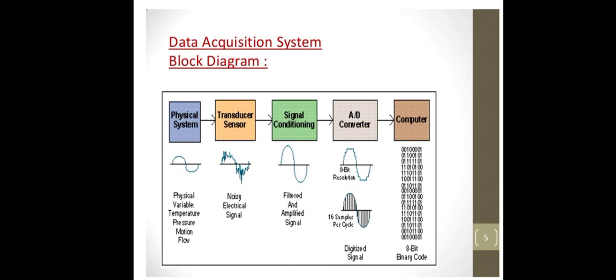That means 0 and 1, this is the number system, used by computers in memory systems. Then the entry code of the signals is an 8-bit code, from 00000000 up to 11111111. This is the data acquisition system. Simply, a signal is applied, the noise of the signal is filtered, it is converted from analog to digital and the data is computerized. This is the block diagram of data acquisition systems.